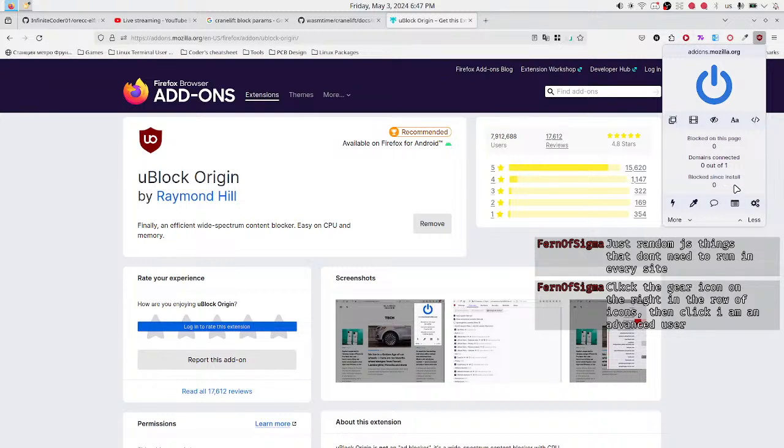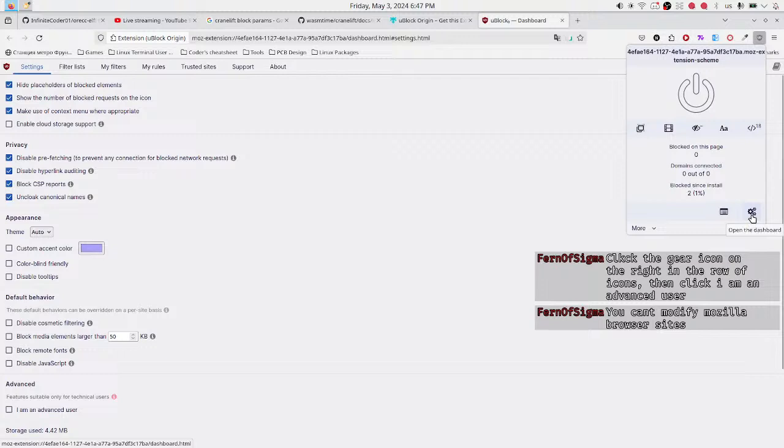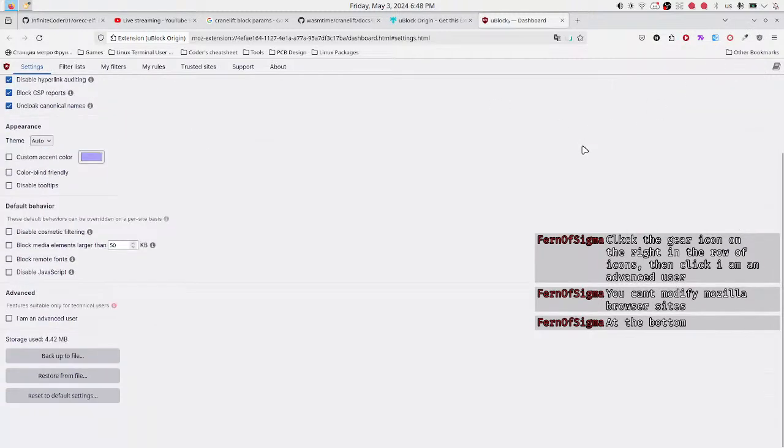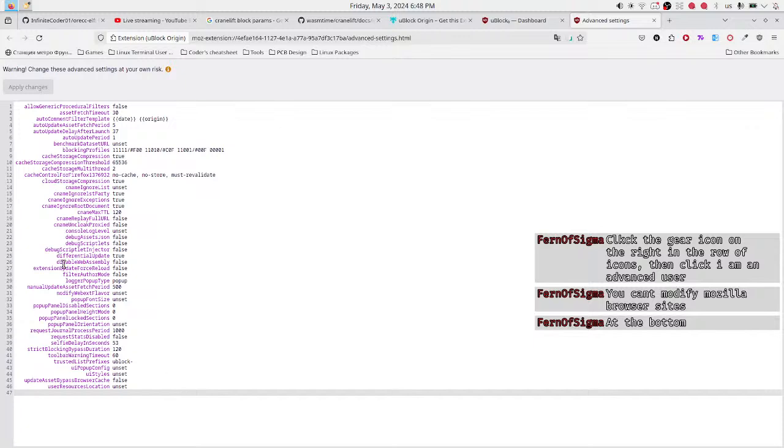Gear icon on the right in the row of icons, and an advanced user. Where? I can't modify Mozilla browser sites. I know. At the bottom. Oh, and what's